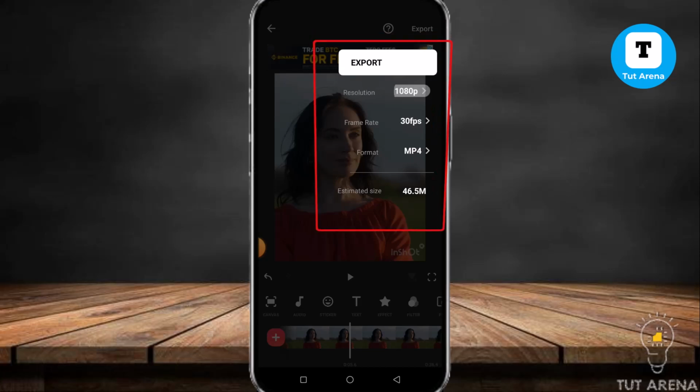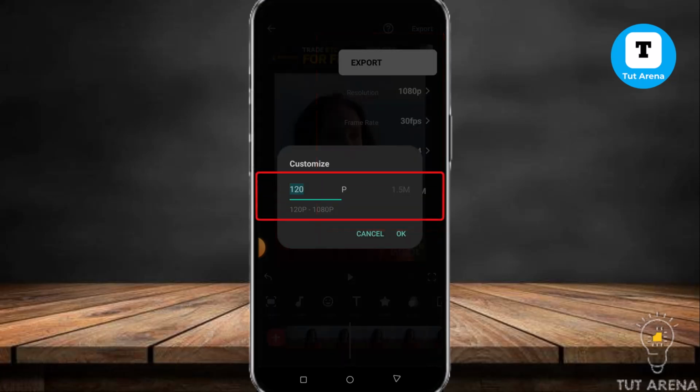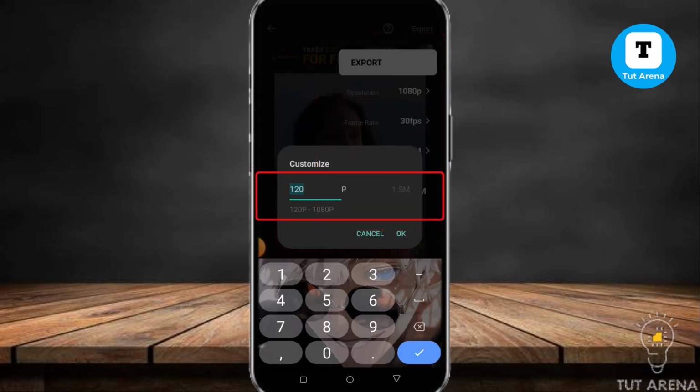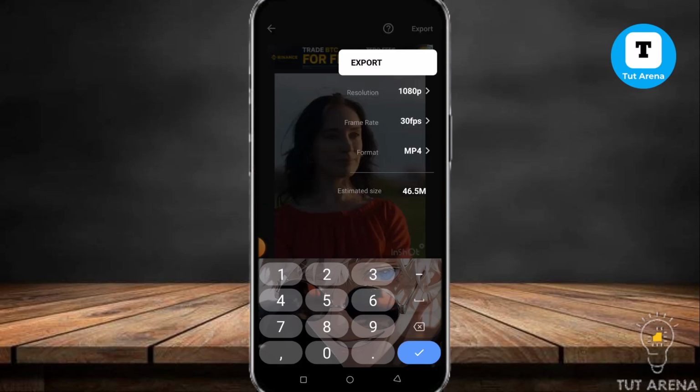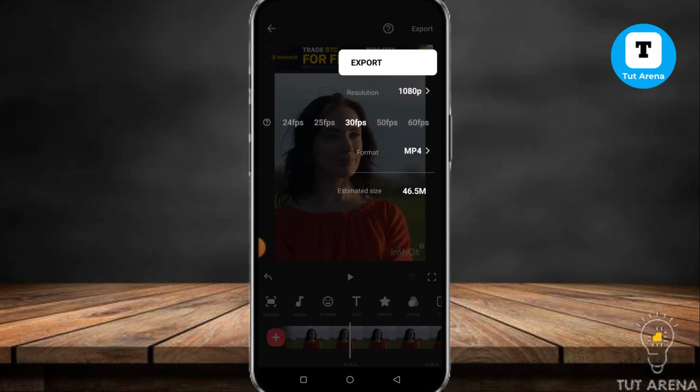Now right here you guys will find the settings, and then here you guys can make the changes. Right here you guys can choose the numbers of your quality. You guys can add the numbers here, like which quality you want to make, and then in here you guys will find the frame rate,